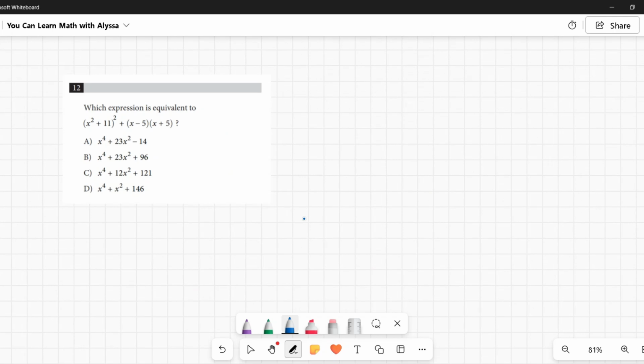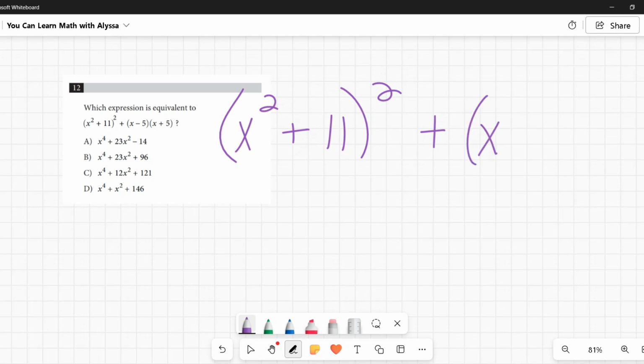Number 12, which expression is equivalent to (x squared plus 11) all squared, plus (x minus 5) times (x plus 5)? We are given 4 options here where like terms have been combined. So we need to create some terms so we can start combining. We have (x squared plus 11) all squared plus (x minus 5)